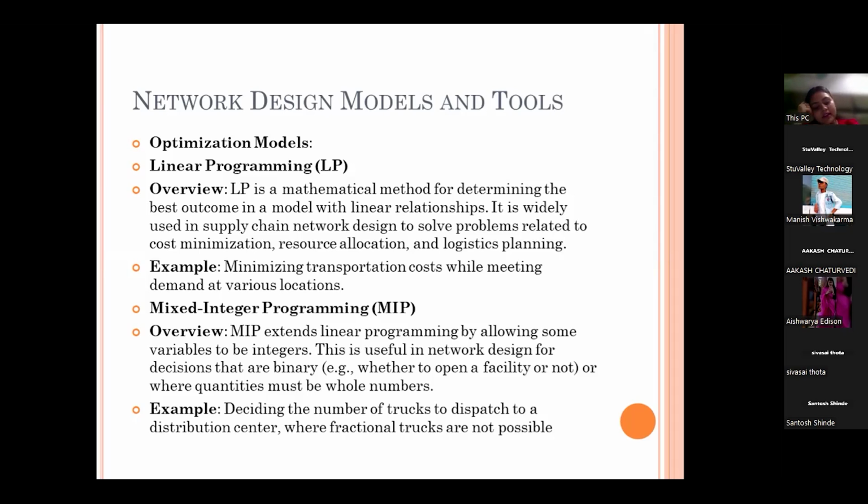So here, deciding the number of trucks to dispatch to a distribution center, we need a whole number. But in linear programming, we are doing exactly X directly proportional to Y. So we use them for different decisions, and MIP is used for decisions where we don't know the outcome, which is why we assume x, y, z variables to get its number. So if we have 100 pairs, which type of carton, which type of packaging material will be used.